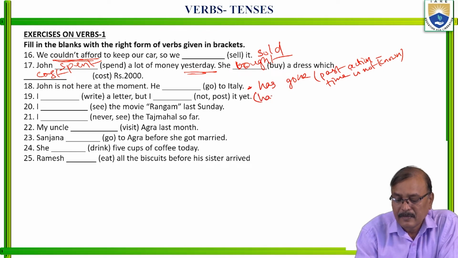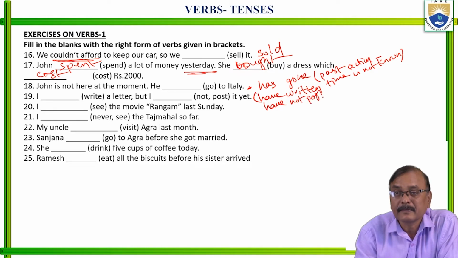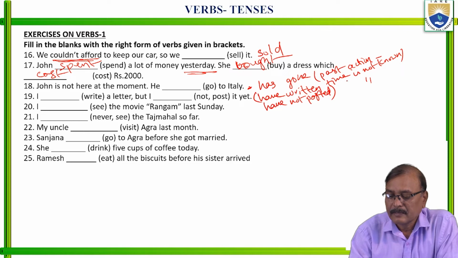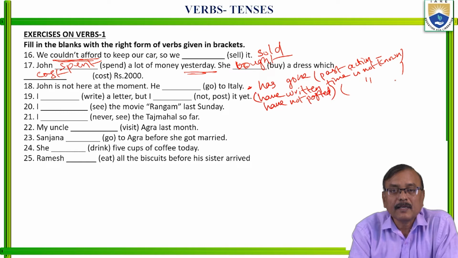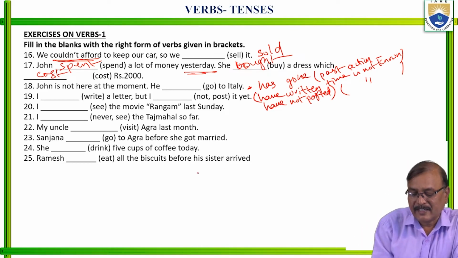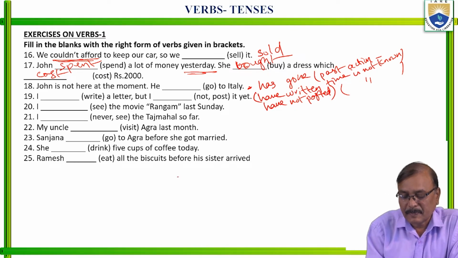I have written a letter. Right? Next, but I have not posted it yet. Have not posted it yet. Okay? In this one, here same past action, but past time is not mentioned. Is it clear now? I said here, okay, I will write here clearly. Use the subject plus V2